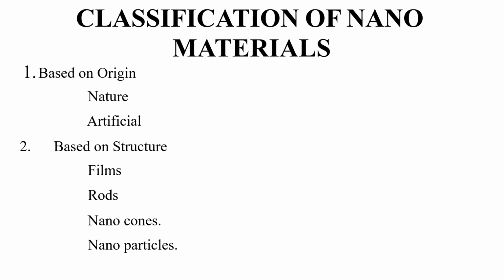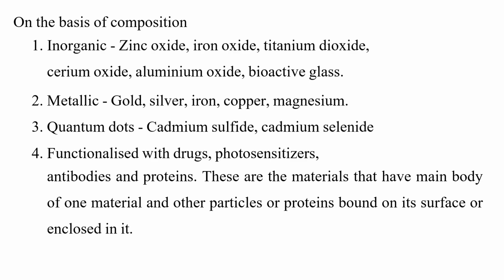Coming to classification, based on origin, it is classified into natural and artificial. Based on structure, it is classified into films, rods, nanocones, and nanoparticles. On the basis of composition: inorganic, such as zinc oxide, iron oxide, titanium dioxide, aluminum oxide, and bioactive glass; metallic, which includes gold, silver, iron, copper, magnesium; quantum compounds, which include cadmium sulfide and cadmium selenide; and functionalized with drugs, photosensitizers, antibodies, and proteins. These are the materials that have a main body of one material and other particles or proteins bound on its surface